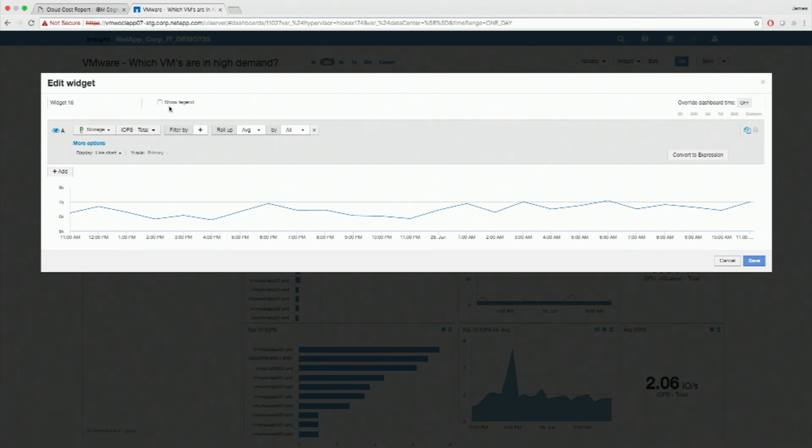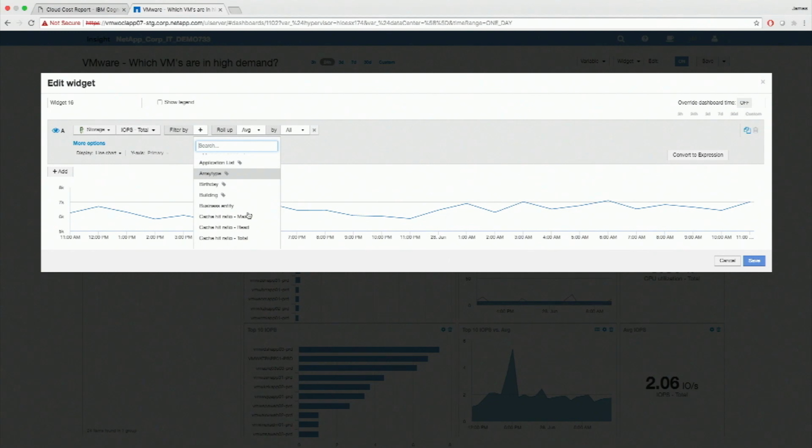So if I want to look at storage, what do I want to look at? I want to look at different objects. Here I'll pick the storage. Here's my performance counters I've got on my storage environment, everything from I/O to throughput metrics. I then can start filtering that down. And I can filter it by those constructs that we have in the system, either attributes of the devices that we've already gathered, things like what family does it belong to, what microcode version,